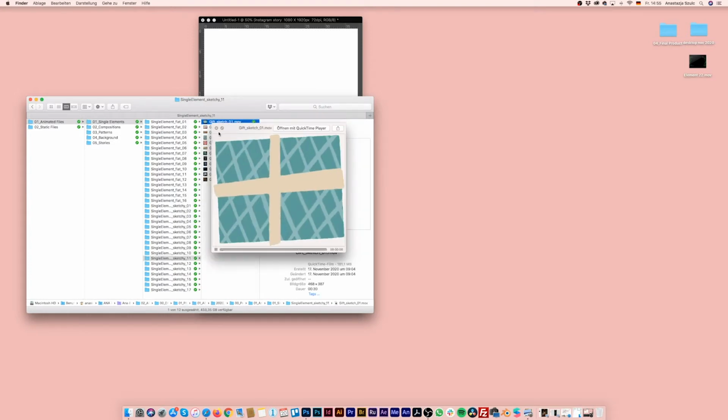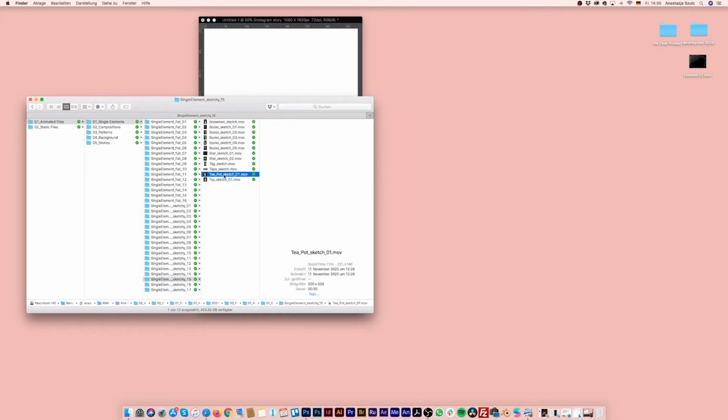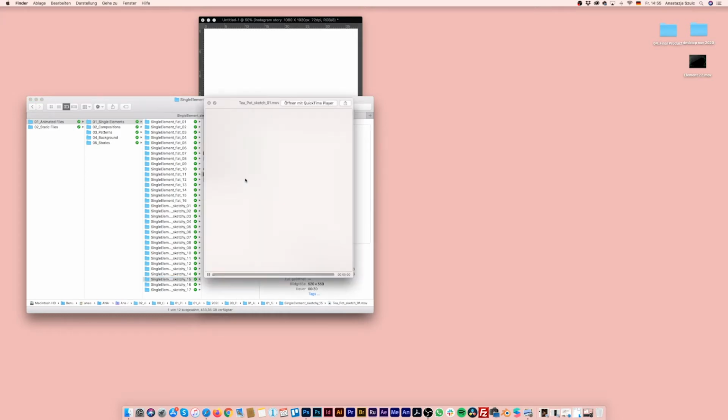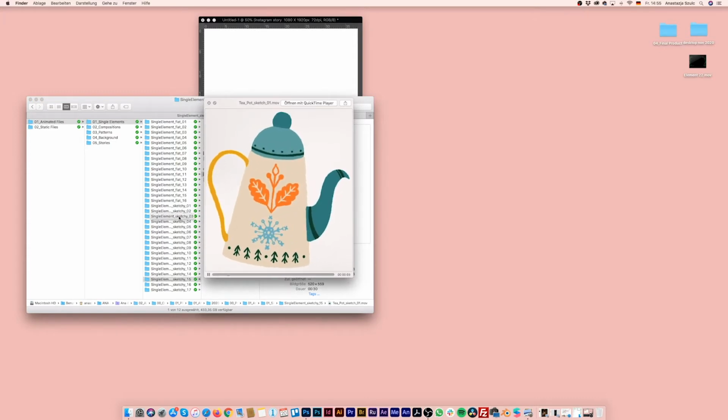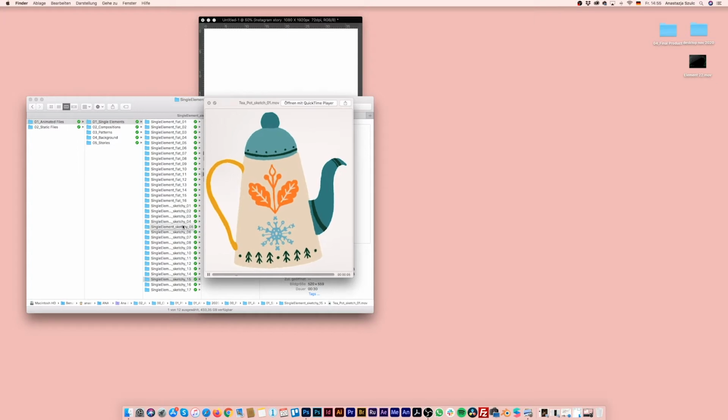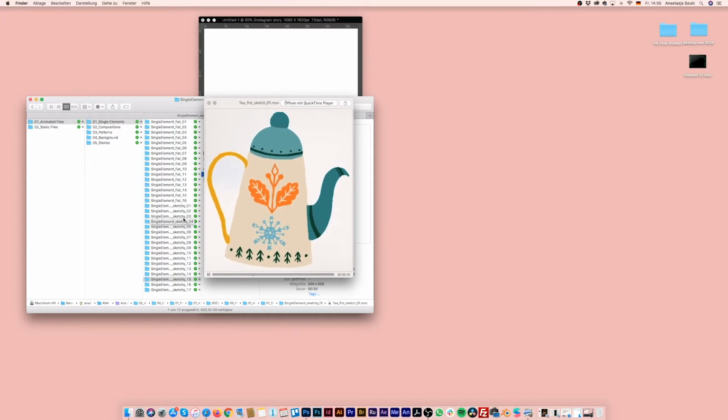Here you can see it a bit more clearly. Some elements pop up, some rotate, and of course the greenery stuff, the leaves and branches and so on, they move with the wind, so to speak.